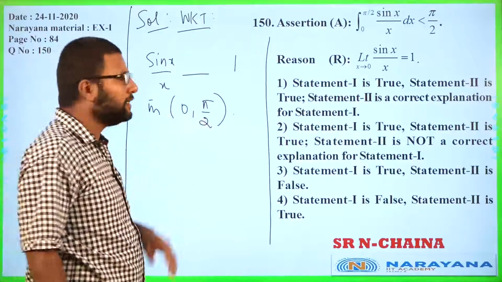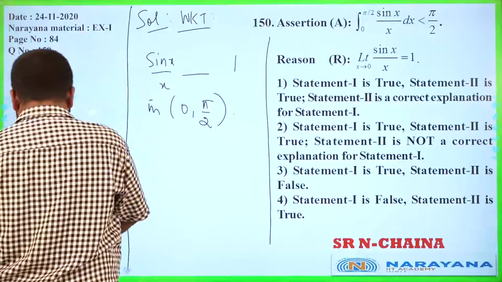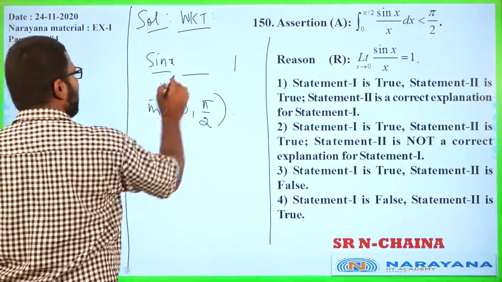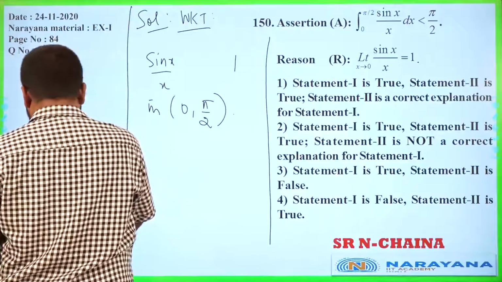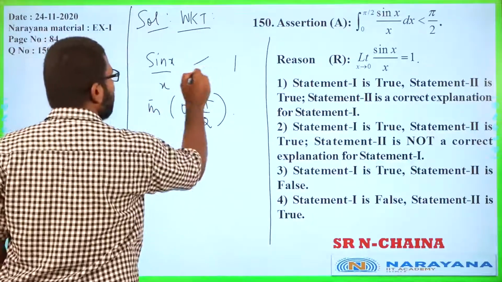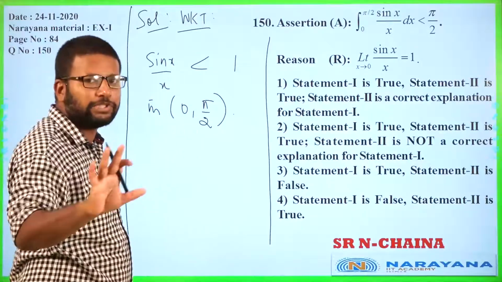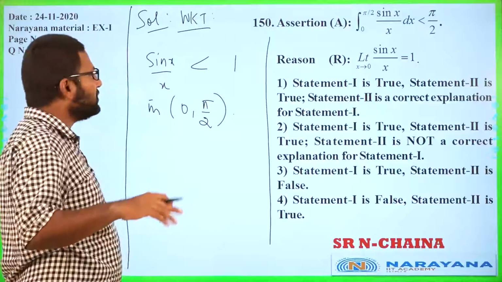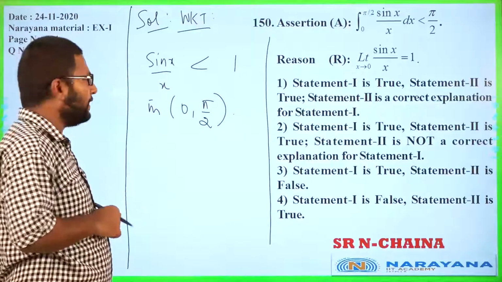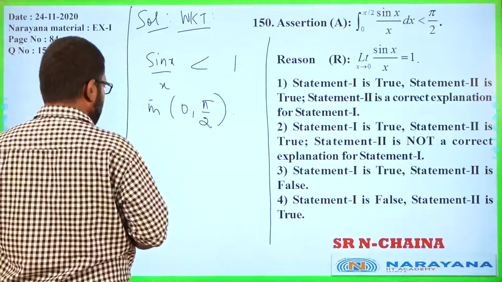Now for this, if you know it, great. If you don't know it, keep in mind that sin x by x is actually always less than 1. Always. Whenever x is positive, sorry, I should be careful. Whenever x is positive, sin of x by x is actually less than 1. Why is that the case? Because